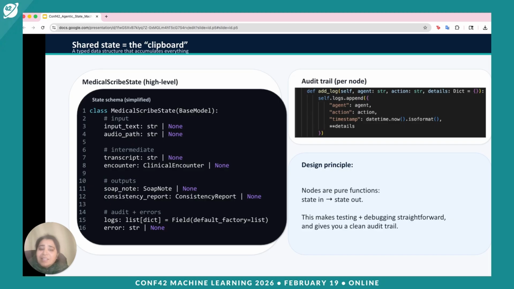So this single shared state is what enables orchestration. You may ask why. Because every node becomes a pure transformation: state in and state out. That pure function property is incredibly valuable. You can unit test each node, you can replay runs, you can diff states across versions, and you can build